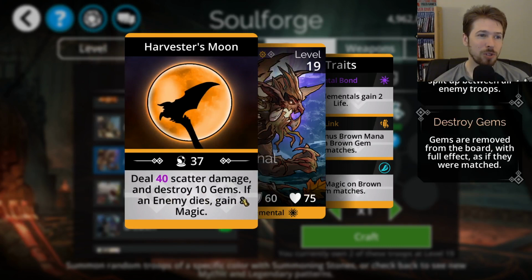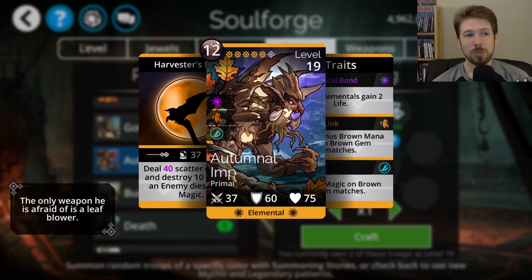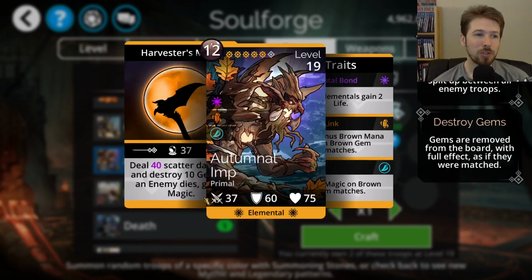Deals scatter damage, and it will destroy 10 gems. So there's a little mana generation. If an enemy dies, gain 8 magic. And then in its final trait here, it will gain 8 magic whenever you match brown gems. So you could use this troop with something like Mountain Crusher, get lots of brown matching, and it'll increase its